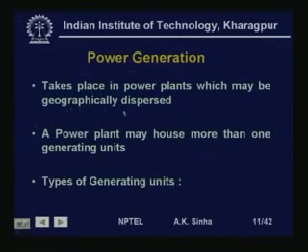So, power plants are geographically dispersed. A power plant may house more than one generating unit. Most of the power plants have more than one generating unit. That is, super thermal power plants, which are generally 1000 megawatt or more capacity, may have 4 or 5 units in one plant. So, there are different numbers of units in different plants. Now, how do we classify the power generating plants? Well, most of the time we classify them based on the energy source which is used